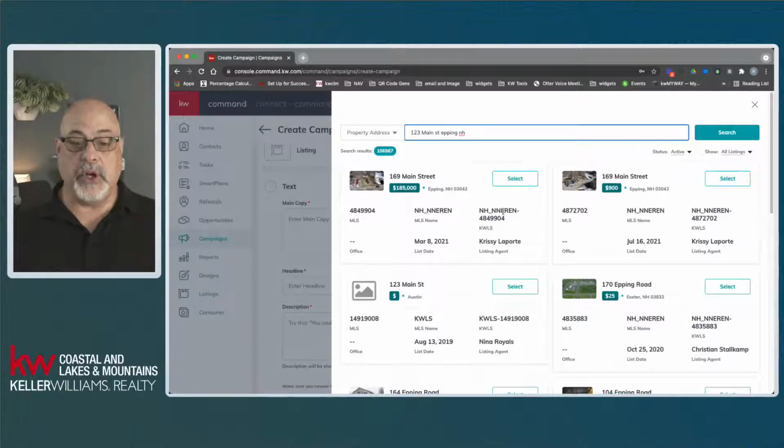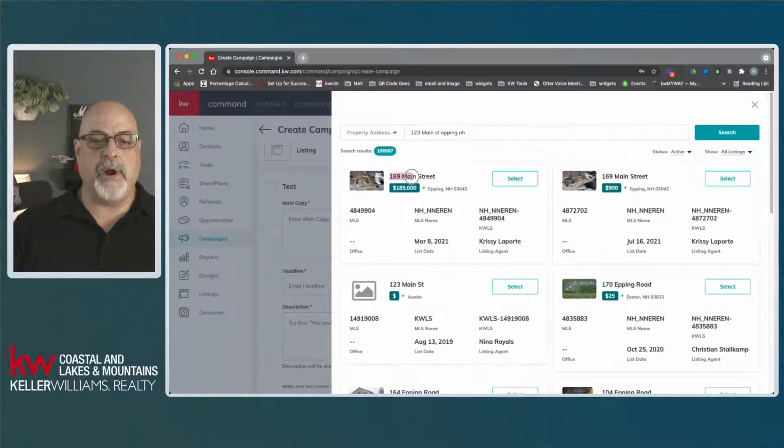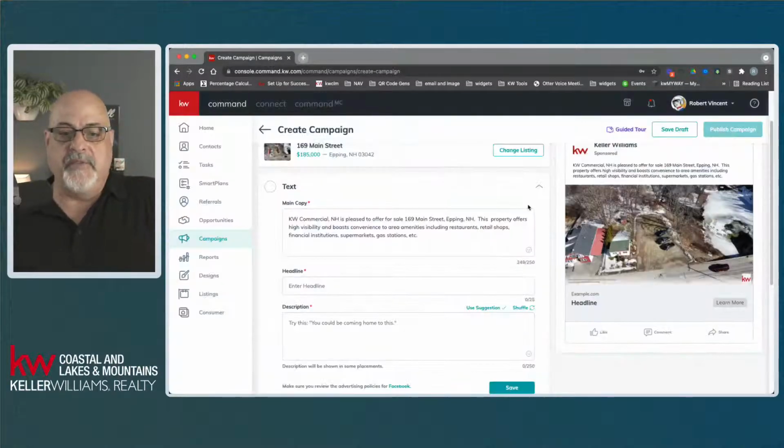Looks like it's actually been pulled off. Oh, look at that. Who knew? So 123 Main Street is now 169 Main Street. And I'm going to do that one because that one is at the top of the pile here. So we're going to take 169 Main Street. And before I even bring it in, I'm going to copy that and use that as the title of my Facebook ad. All right, so I'll click on select,